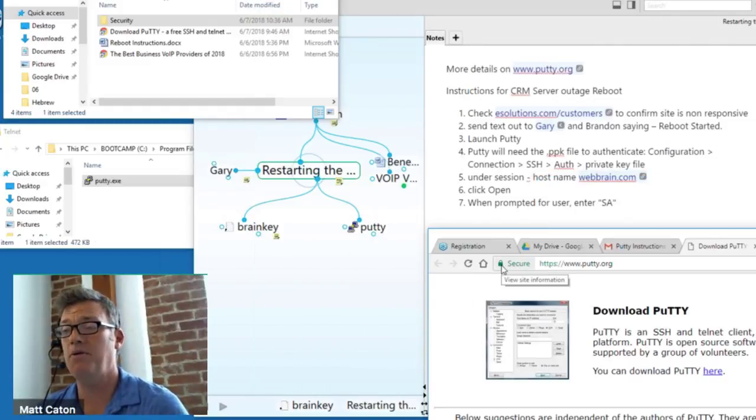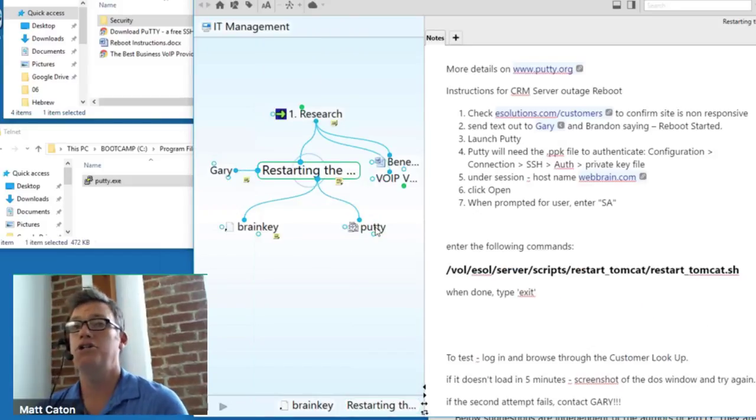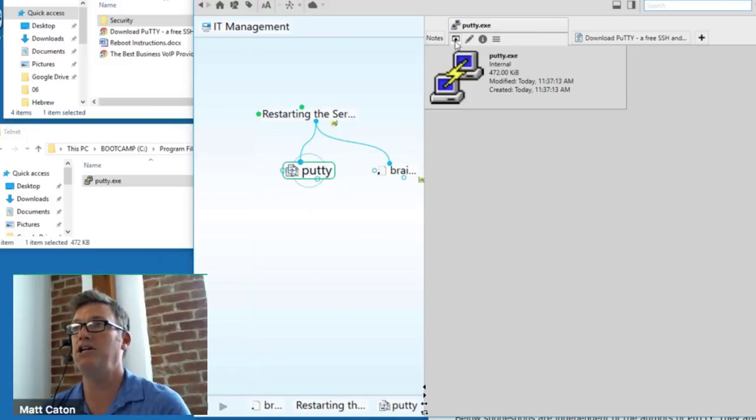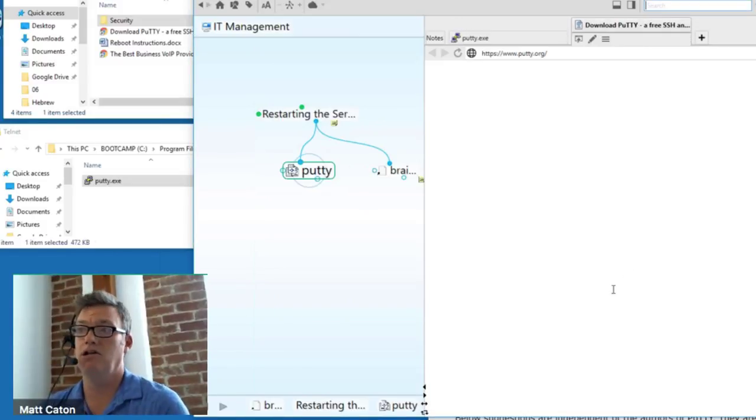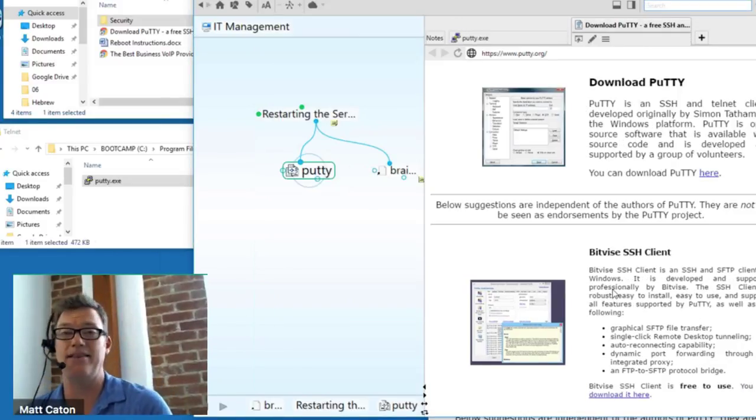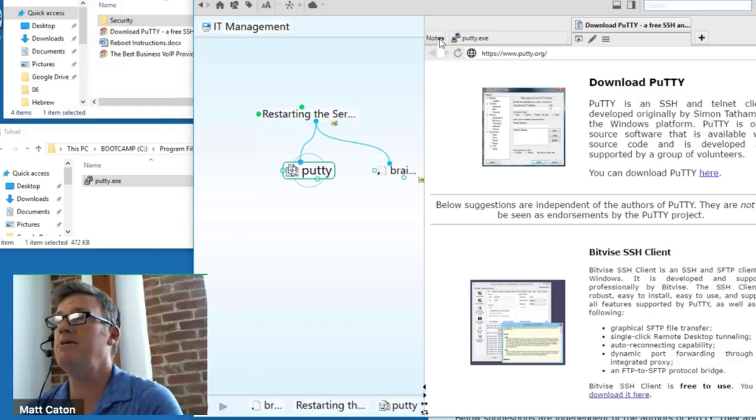And I simply, once again, want to drag and drop this right into, maybe I'll drop that on the Putty thought. So that Putty thought has two different attachments. One actually launches the application. So there's Putty being launched. And the other actually loads up the website so I can see if I've got the latest version. And I'll even keep track in the notes,